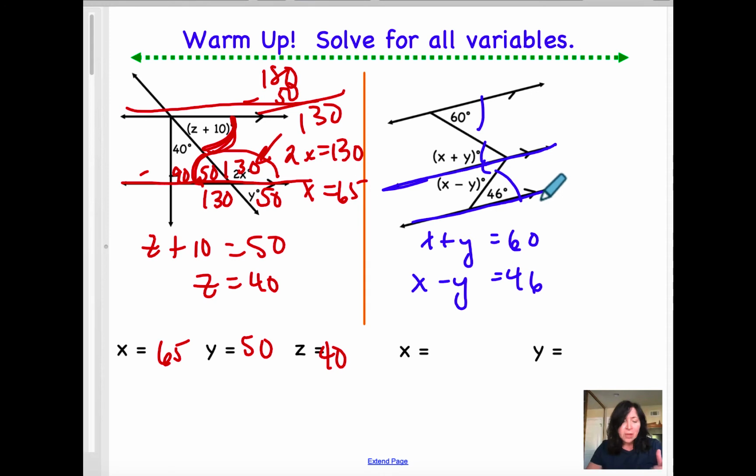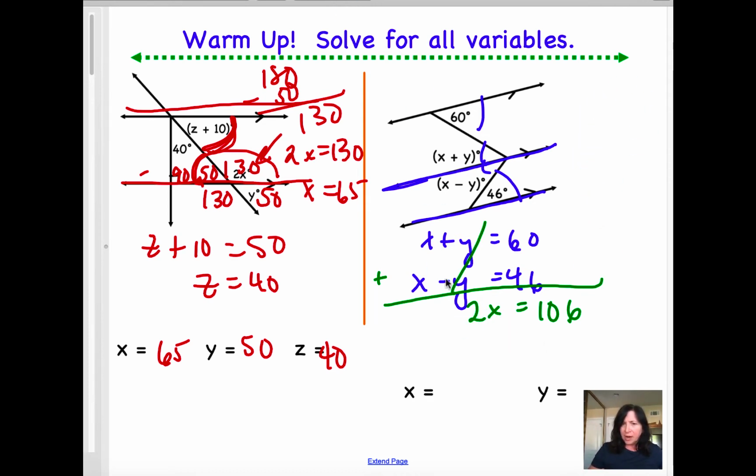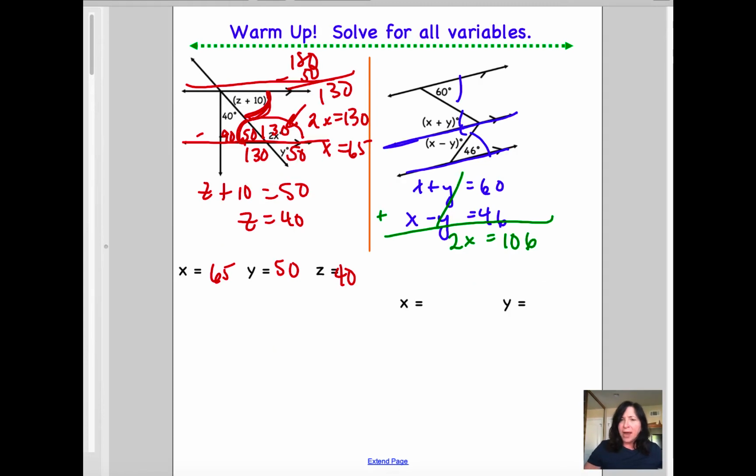But also, what am I missing? Substitution. So decide how you want to solve this. I'm just going to add these two equations together, and that's elimination, because my y's are going to cancel. And I end up getting 2x is equal to 106. And then when I divide both sides by 2, I'm going to get 53. So x is